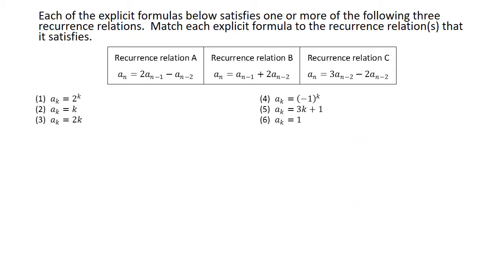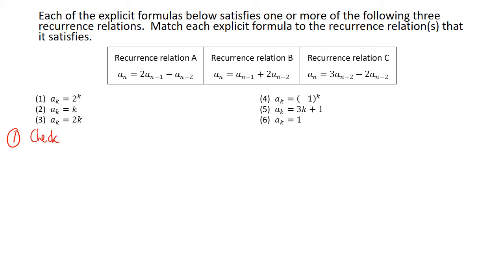Okay, so now let's talk about checking whether an explicit formula matches a recurrence relation. So I have here 6 explicit formulas, and each of these explicit formulas satisfies one or more of these 3 recurrence relations. So let's go ahead and check them all. So let me do number 1. So I'm going to check 1 against